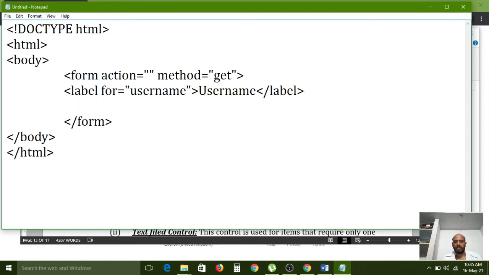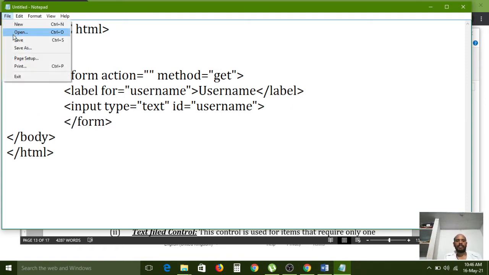After that, input type equal to text, because username is plain text now, so displaying username is not a problem, so that's why plain text is enough. If it is a password, then we compulsorily need to use the password type. And here for equal to username is given, so here we need to configure id equal to the same username. The same username needs to be configured. Why do we need to give the same one?